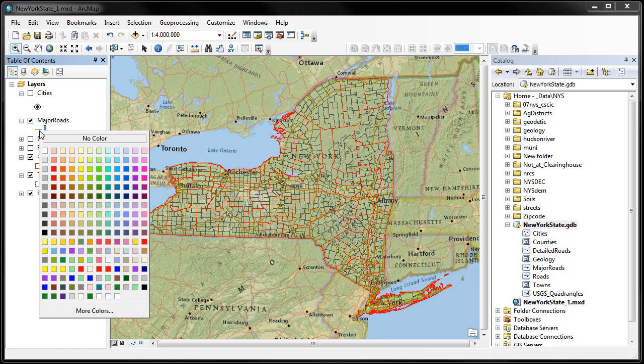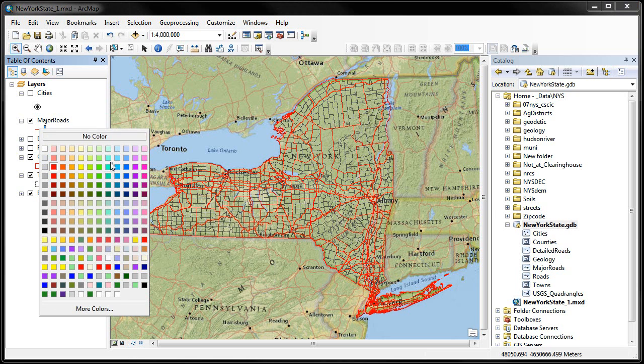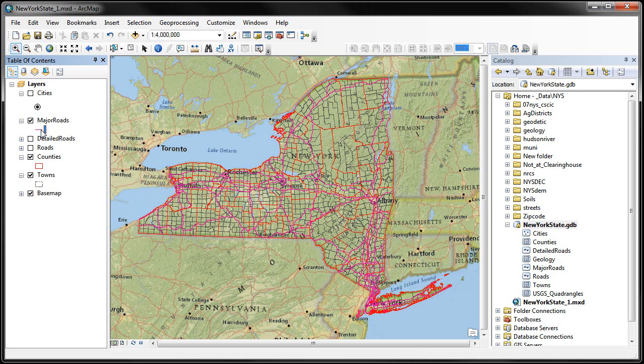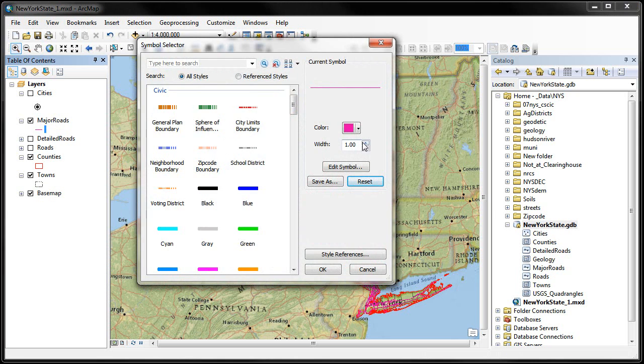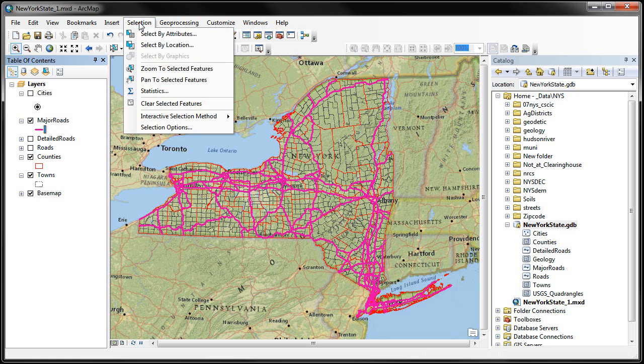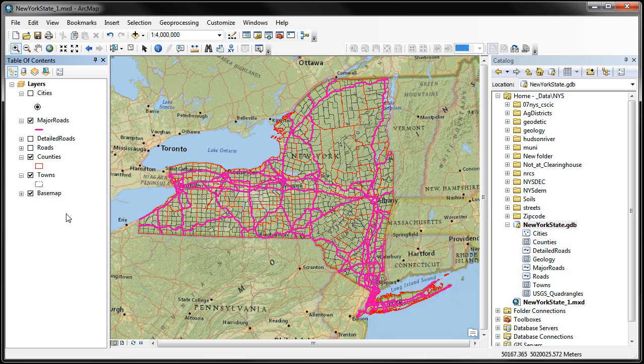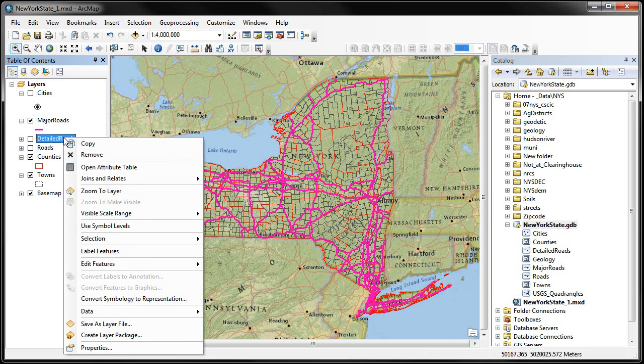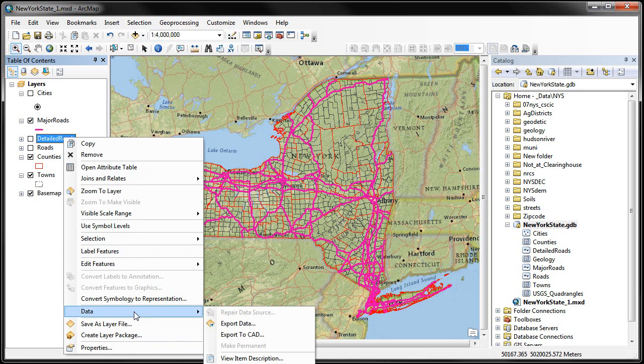Let's change the color by right-clicking on the symbol. Let's make it a little brighter. And let's bring it up and make it a little wider. There. So there are my major roads in the state. And I was able to create those by going to the selection menu and using select by attributes. And then exporting it out by going to the layer that I had selected the features from and using the data option and exporting my data. Alright,